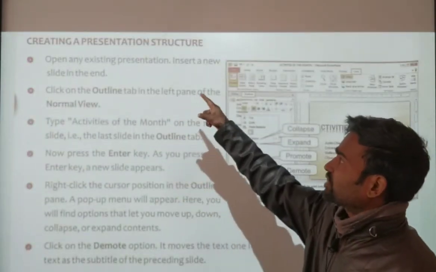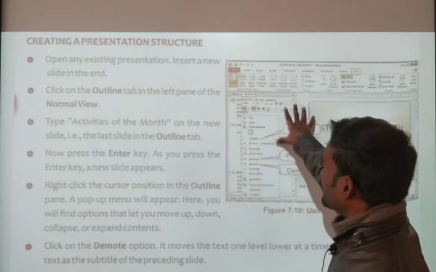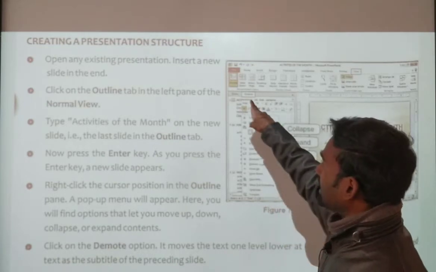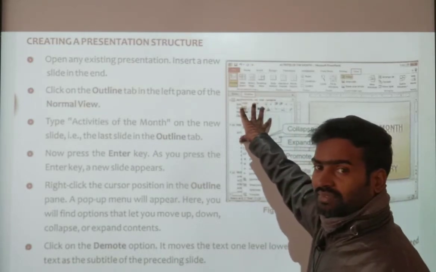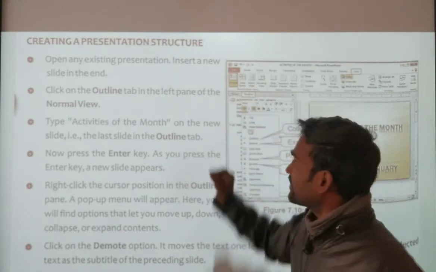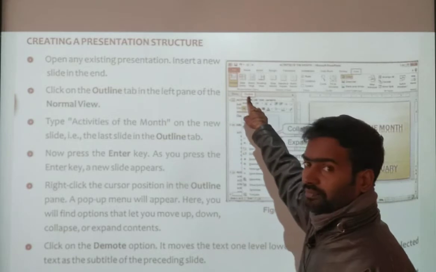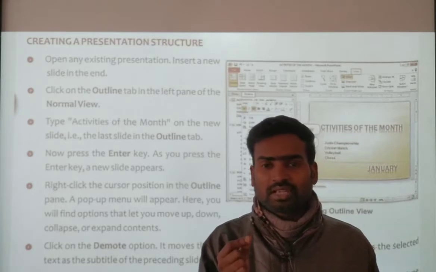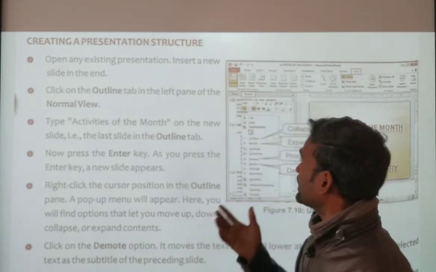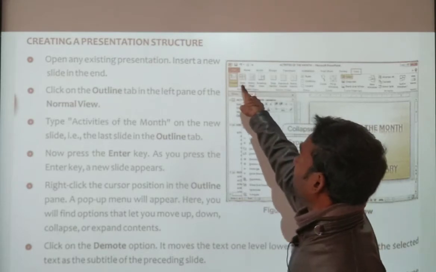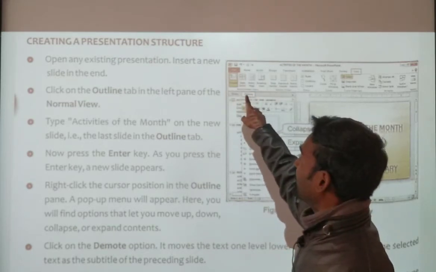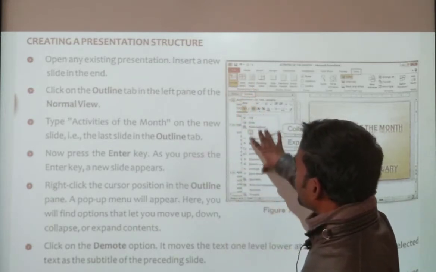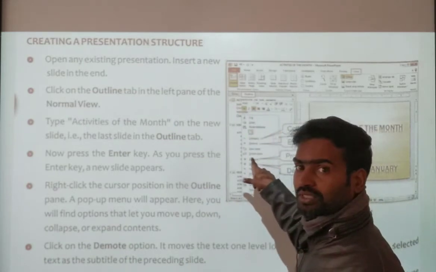See, creating a presentation structure. How to do that, sir? First, you can see this structure in the PowerPoint presentation. When we select the outline tab in normal view, in PowerPoint 2007 you can see slides and outline in the normal view. Whereas the latest PowerPoint versions in the MS Office package are updated, and they have given the outline tab separately here. They did not give it like this. These things we have never seen, so this is new for us.